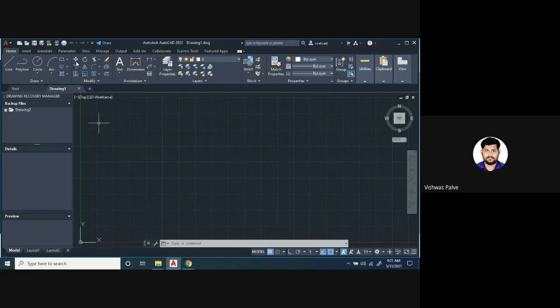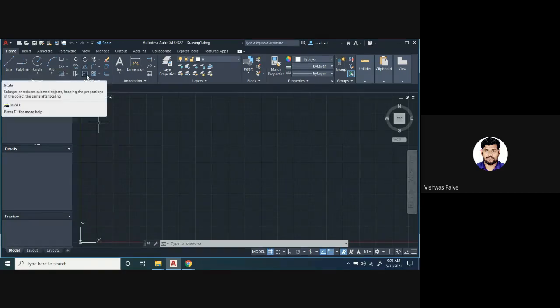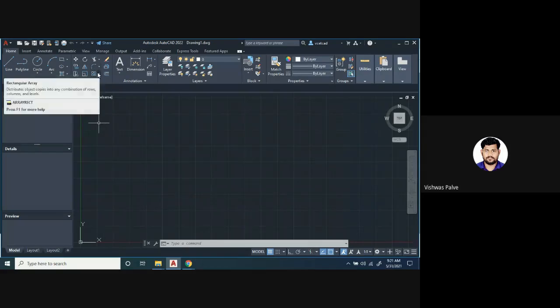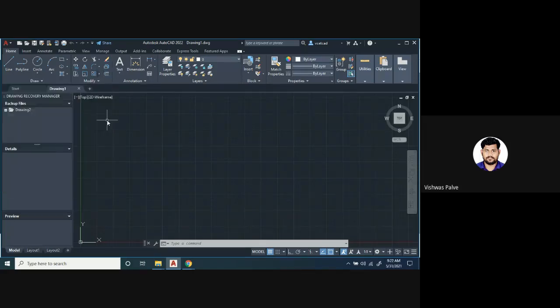We will see the move command, copy, stretch, rotate, mirror, scale, trim, fillet and chamfer, array, erase, explode, and the offset command. Along with that, we are going to add a few more features for annotations and text, how to use the text option.